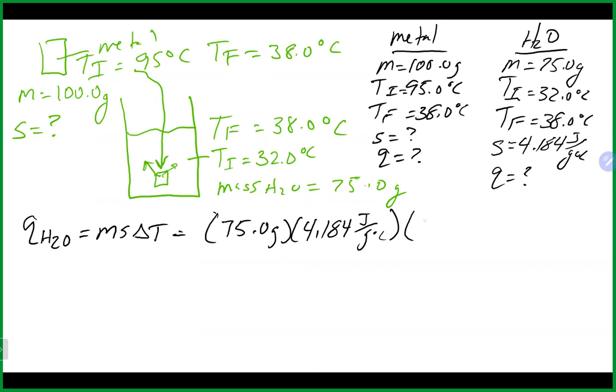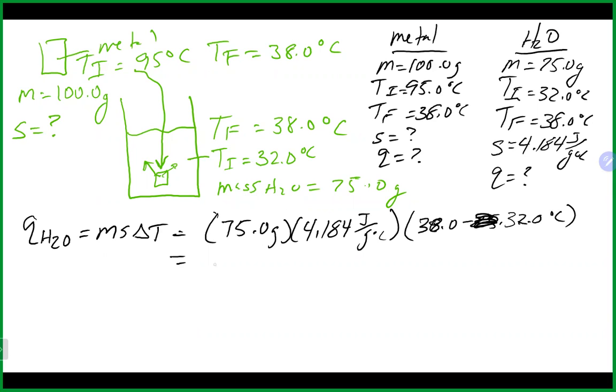So final being 38 degrees Celsius minus initial 32 degrees Celsius. And if we do all that, we end up with 75 times 4.184 times 38 minus 32,